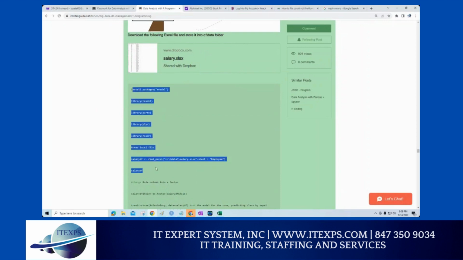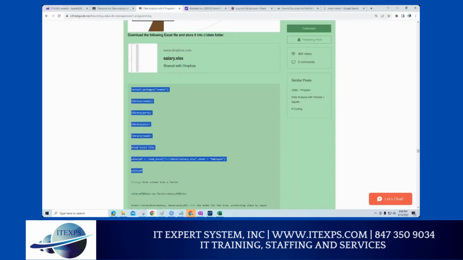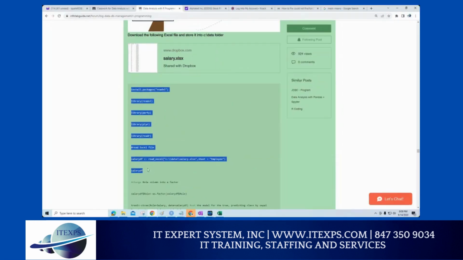I'm copying this part up to here. This one will read the actual employee file, and it will generate the data frame. And this one will print the data frame. Okay, so I'm going to copy. See, I'm doing a partial program just to give an idea of how it will work. So now